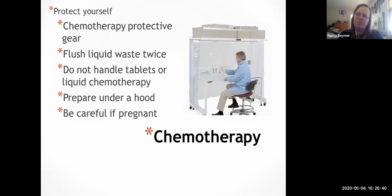If you're administering a chemotherapy like cyclophosphamide, I said, can be a pill that's oral. Topotecan can, not that one, thalidomide's a pill. You want to make sure you don't handle those pills. It can possibly get absorbed through your skin. Prepare them under a hood. And generally, if you're pregnant, you probably want to shy away from being the chemotherapy